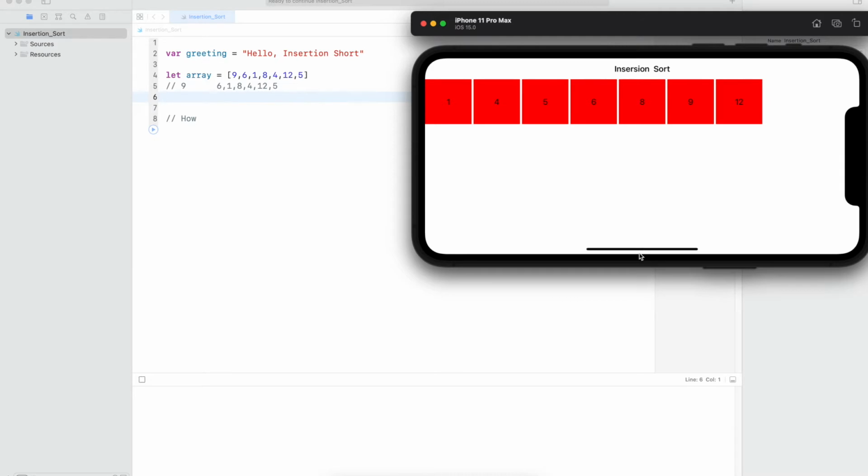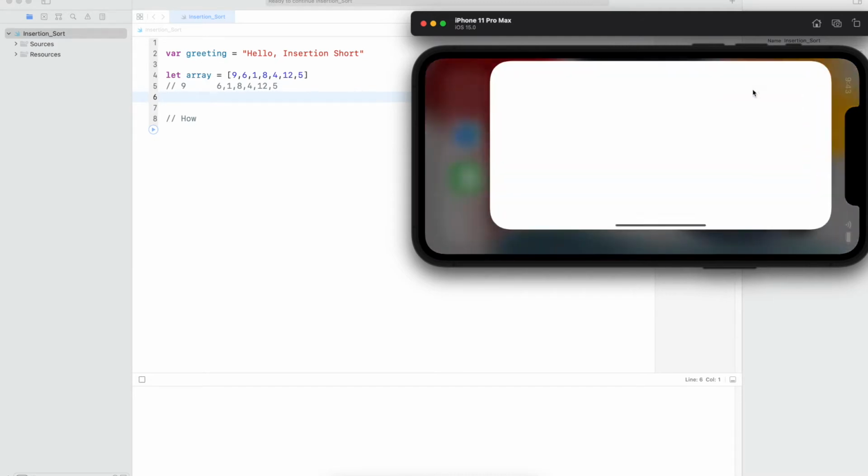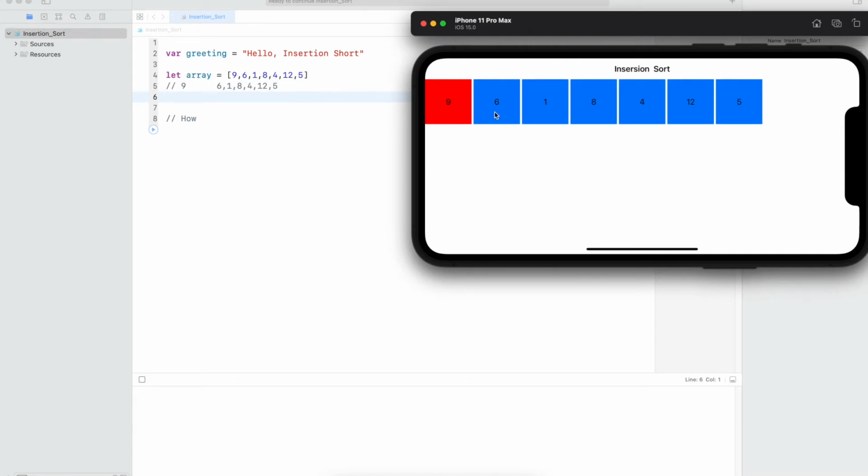Let me show you again. Let me start this. Again, you see first 6 is placed into the first position, and now we are picking 1 and inserting it into the sorted array in the correct position. We are inserting it while comparing, in its correct position. That's why this sorting algorithm is called insertion sort. We are picking an element from the unsorted array and we insert it into the sorted array in such a way that with that element the array is sorted. I hope you understand this one.